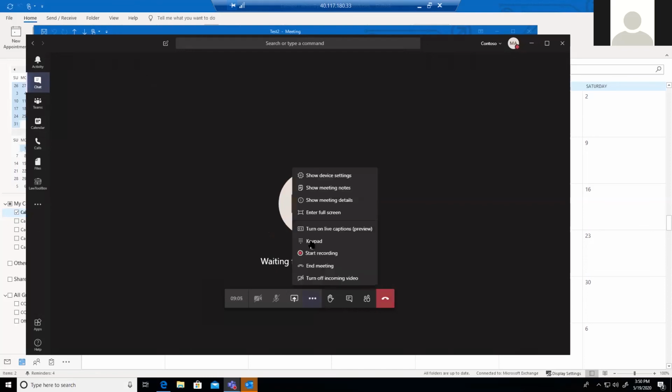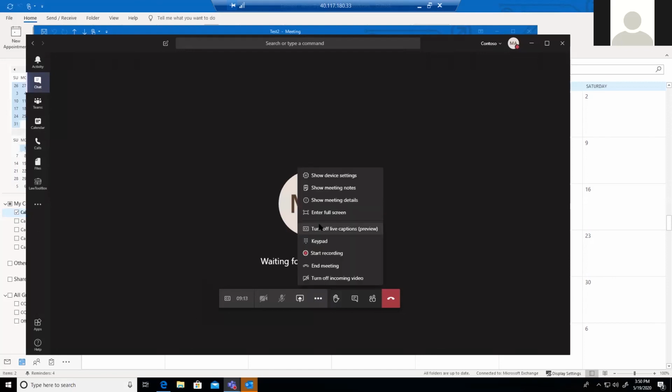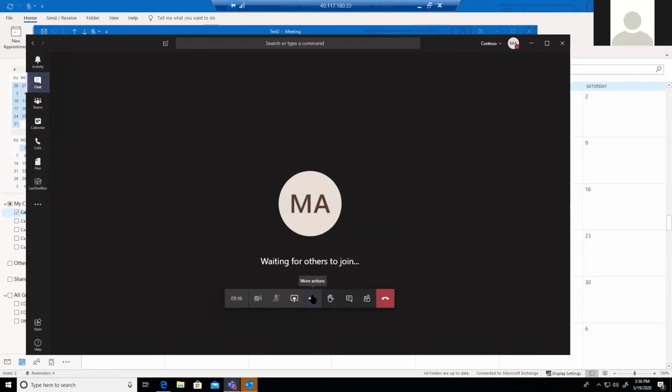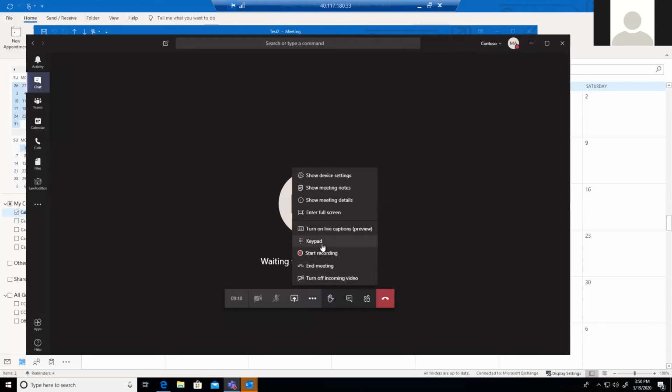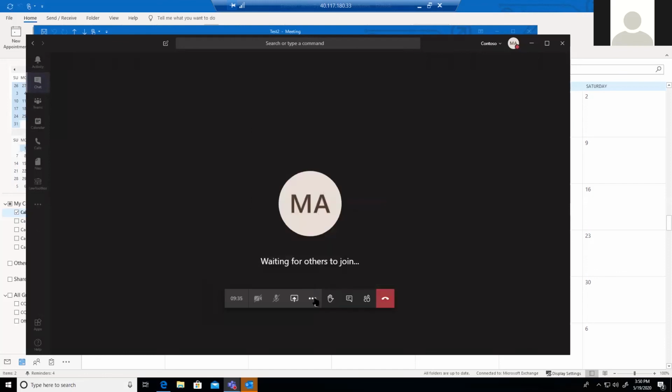Now, the other thing you can do is live captioning. So this is a preview option. Whatever we speak will come as captioning, like subtitles. So we can turn on or turn off live captioning, and it's in different languages too. You can check it, but it's in preview, so you have to wait because they're developing some more languages, and you'll soon see this functionality. Here's the keypad, like somebody you want to call, you can just call like this. But right now, let's not do it.